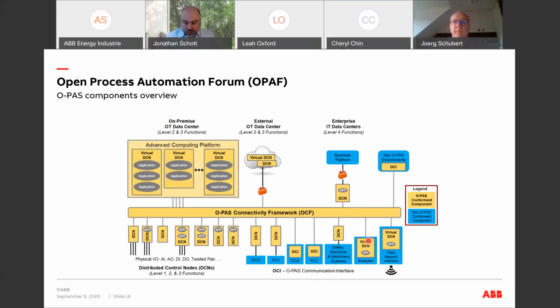And while this shows a typical network-centric architecture, it's also very clear it's not dictated or demanded that your network will be really flat in the future. It's a possibility, it can be done, but it can also exist in multiple layers and still be OPAF compliant. The OPAF does not dictate that. And what might be new for some applications, projects or end users, is the advanced computing platform, where it's really foreseen that it does not only run extended applications as it might do today. The OPAF also defines the execution engines in a way that you can run your control in such an advanced computing platform.